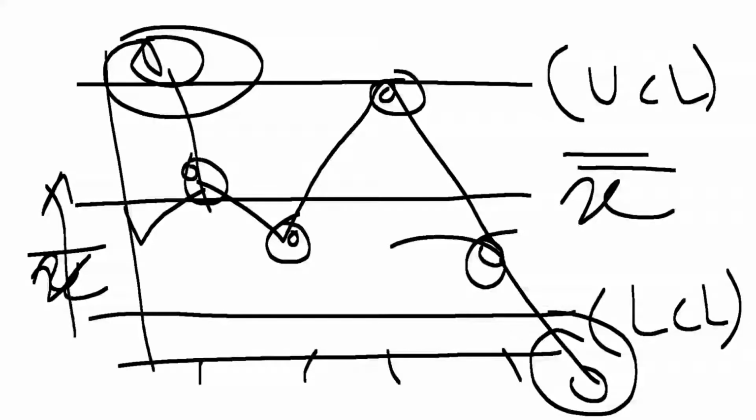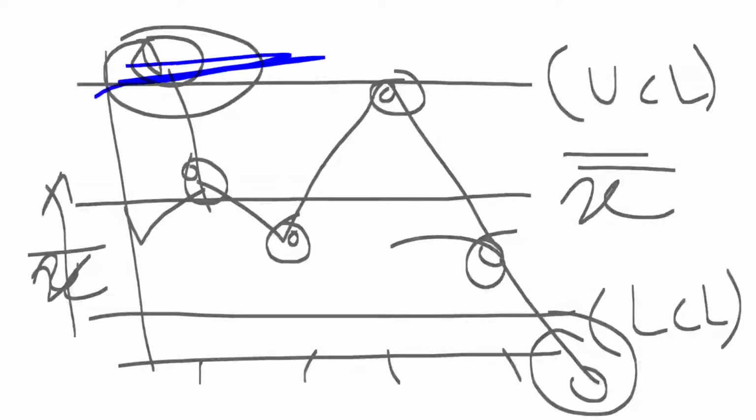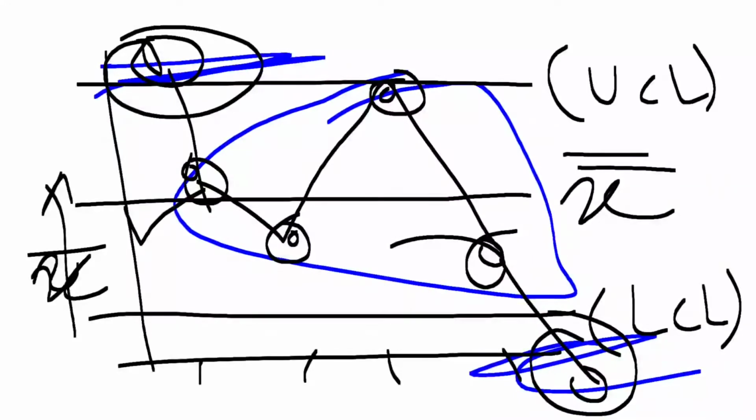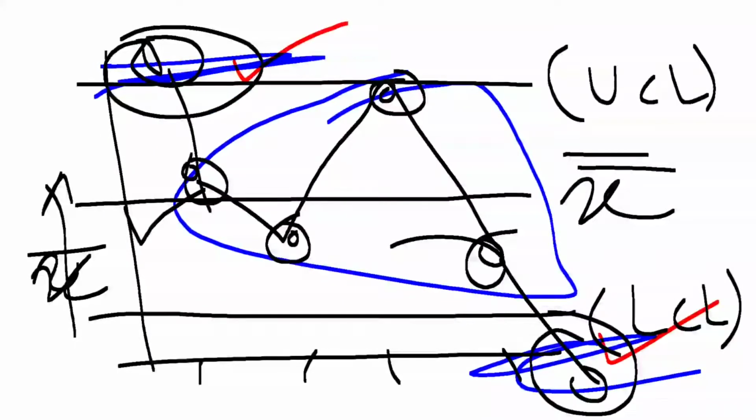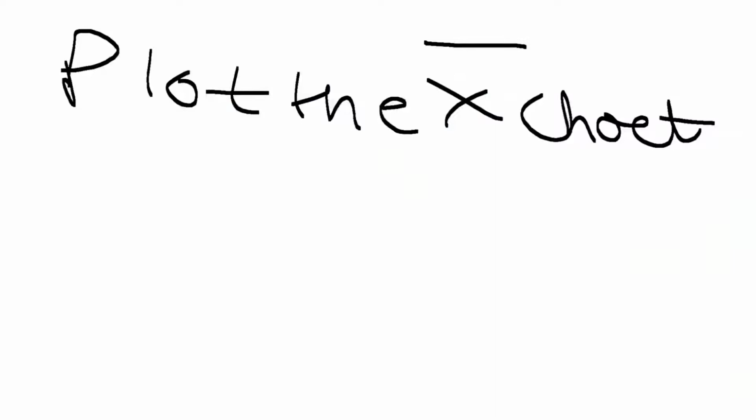Now except this one, all these 4 points are within UCL and LCL. What does that mean? It means that the process is under statistical control. If this and this point are taken, then what will be the result? The result will be that the process is not under statistical control. So this is the X chart, how the X chart is drawn.